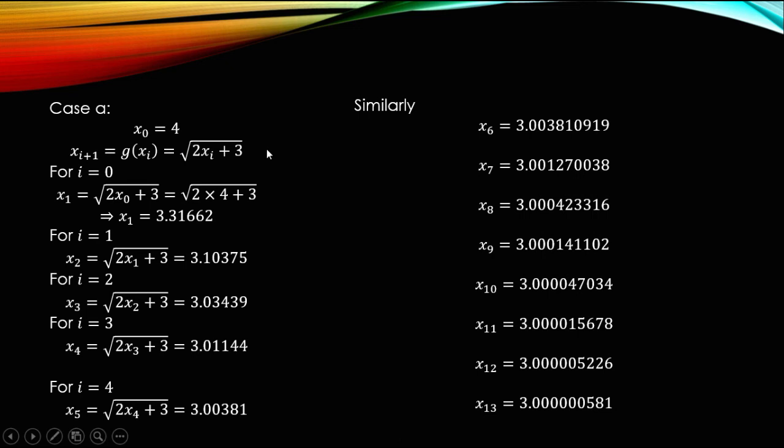And first of all, you need to write your initial guess, then you will press the equal button, and after pressing equal, the calculator will remember your initial guess as answer. After pressing the AC button, you will write your system generating function in your calculator, and after pressing the equal button, you will get your first iteration. By repeating the pressing of the equal button, you will get the third, fourth, fifth, sixth, and so on, and you will get the closest value. So it will be given to you how many iterations you need to